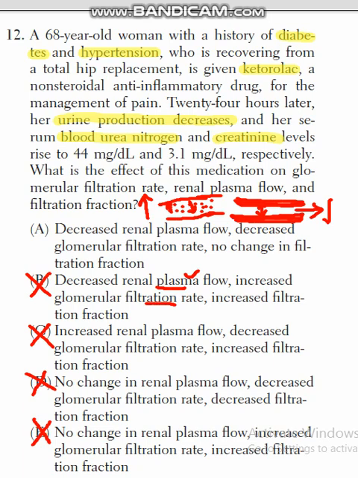So the first option: decrease in the renal plasma flow, of course, when there is no vasodilation, there will be less blood flow to the kidney, which leads to decrease in glomerular filtration rate, and no change in the filtration fraction. Filtration fraction means the proportionate ratio between GFR and blood flow. Whenever the blood flow to the kidney decreases, there will be a decrease in GFR, and these two are proportionate to each other. So we cannot say there is a net decrease. There will be no change in the filtration fraction. So our option is A. Thank you.